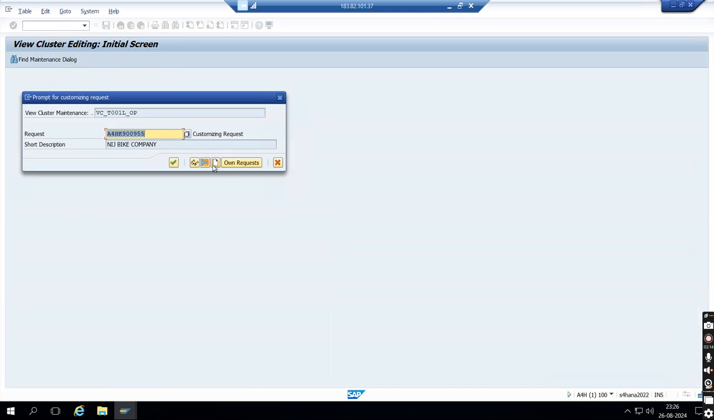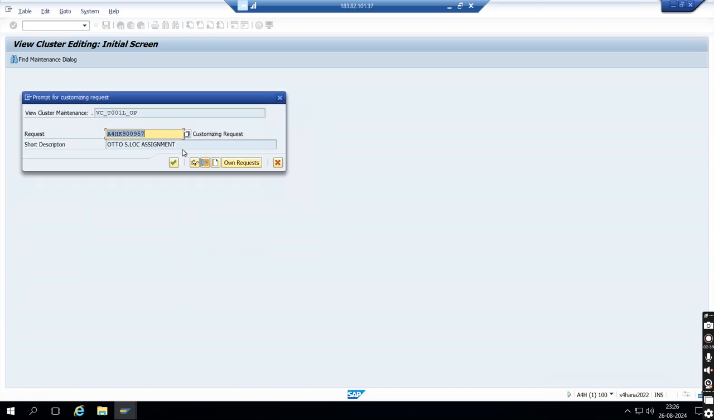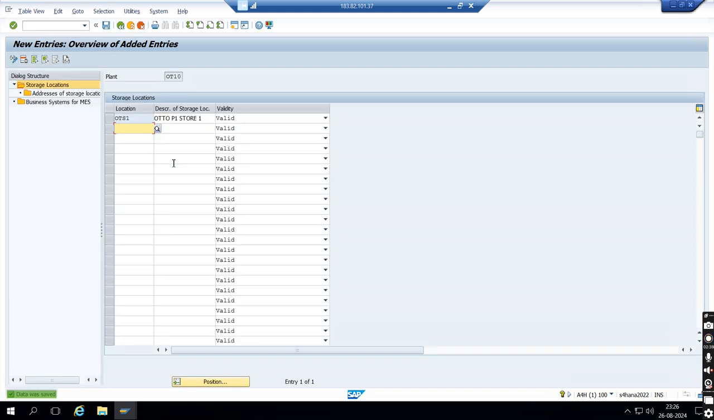Click the save icon and create a new prompt request. Here we can give it as Auto Storage Location Assignment and then save. We have created the storage location, but in case the storage location is outside the plant, we have to maintain